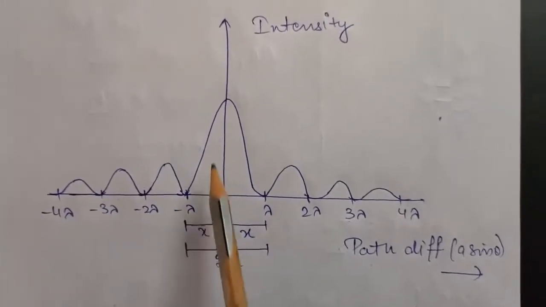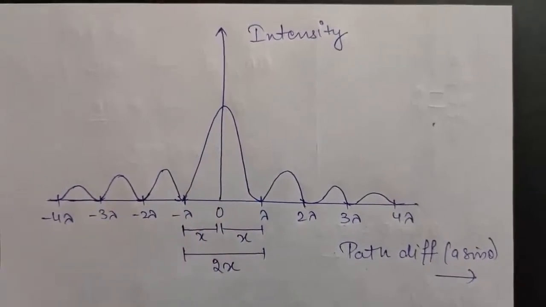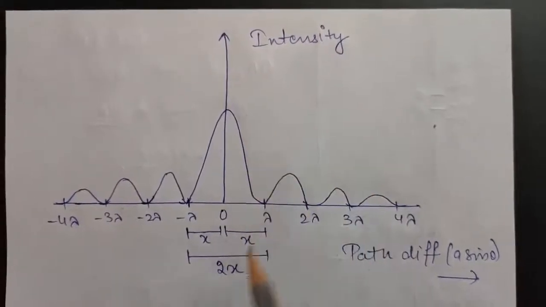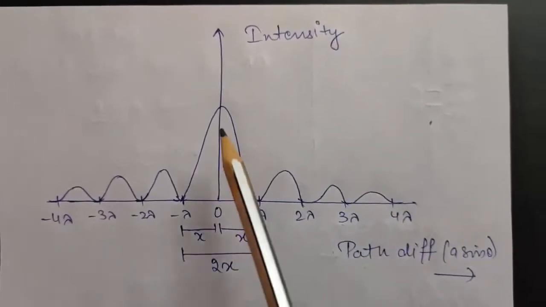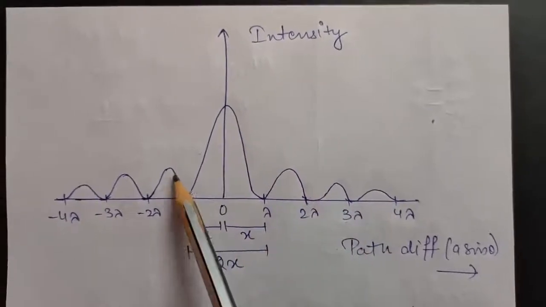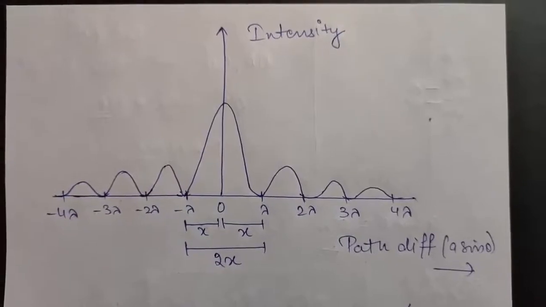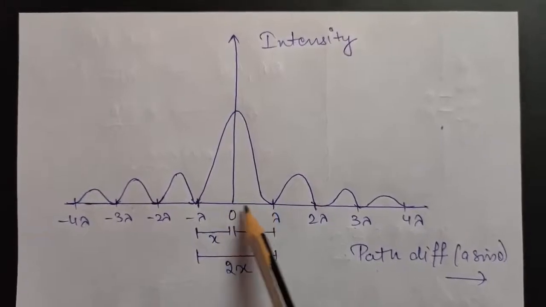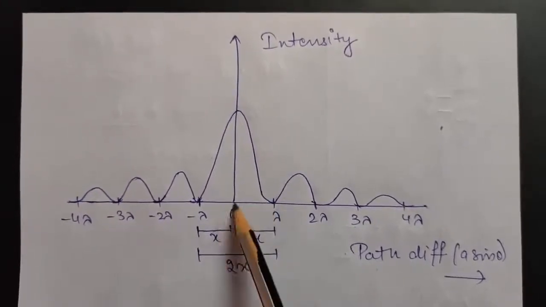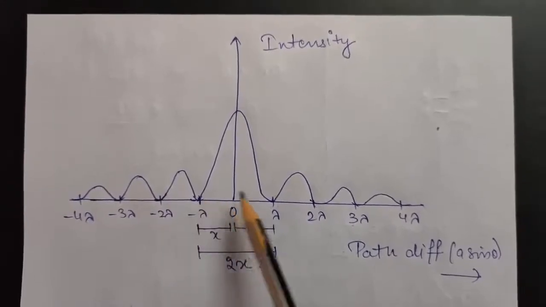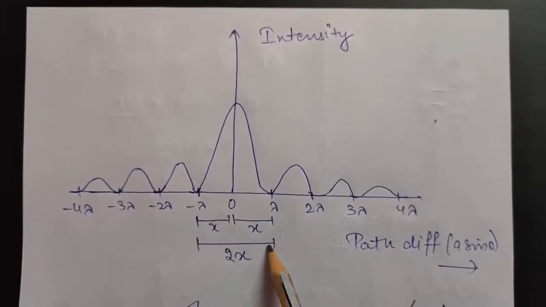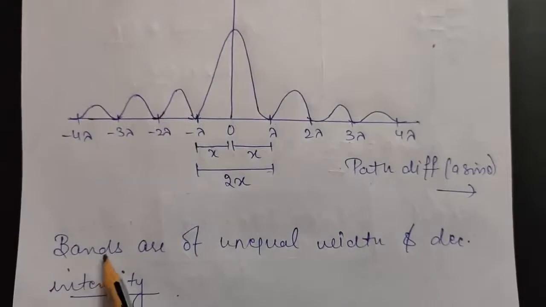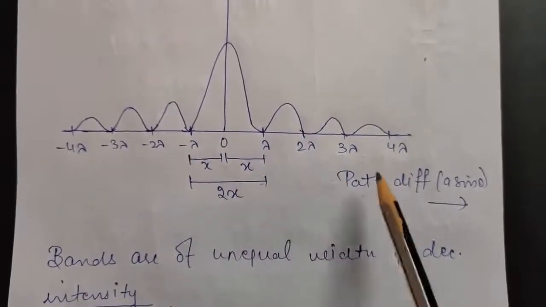And one more thing: the intensities in your interference pattern, when you drew that, you saw that all the bands, all the fringes were having the same intensity, but here the intensity of the different bands will go on decreasing on either side of the central maxima. And as we have denoted this point to be P, the distance we have taken to be x. So this is x, this is also x. So you can say the width of the central maxima will be 2x. So from this graph you can say the bands are of unequal width and they are of decreasing intensity.